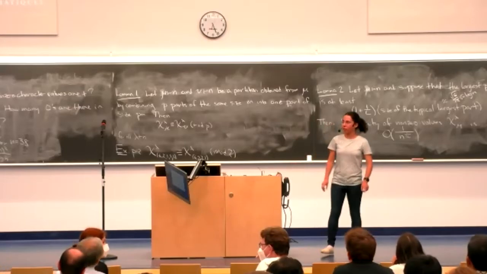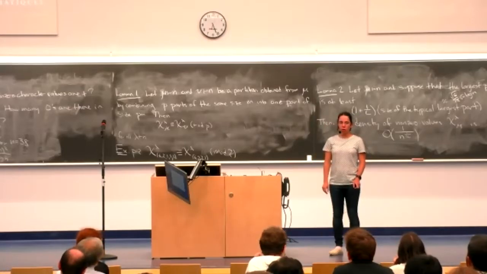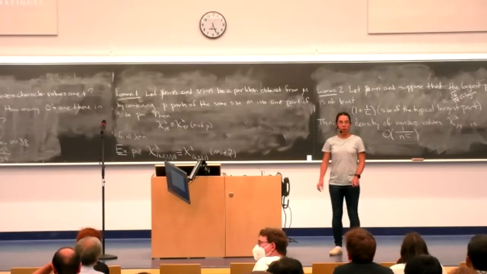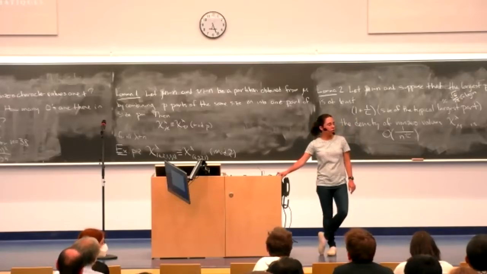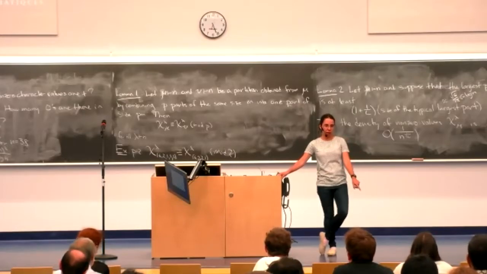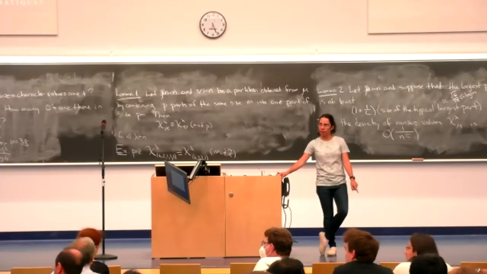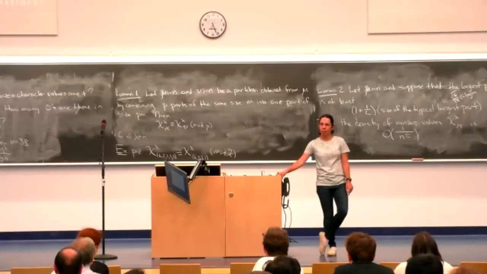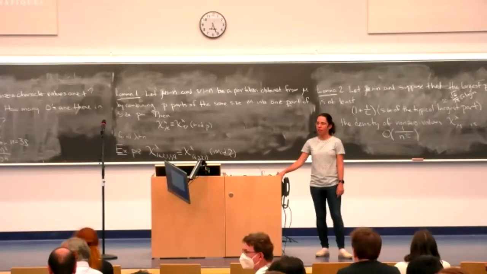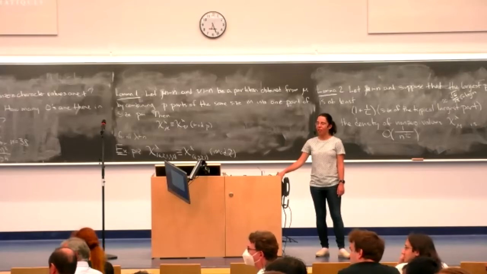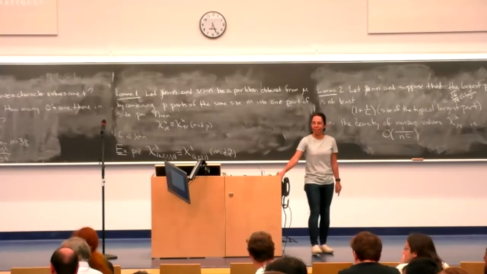Oh, that's a good question. It's known, at least I think, that if you fix p and n tends to infinity, then almost all the character values are 0. If you fix n and let p go to infinity, I don't actually know.